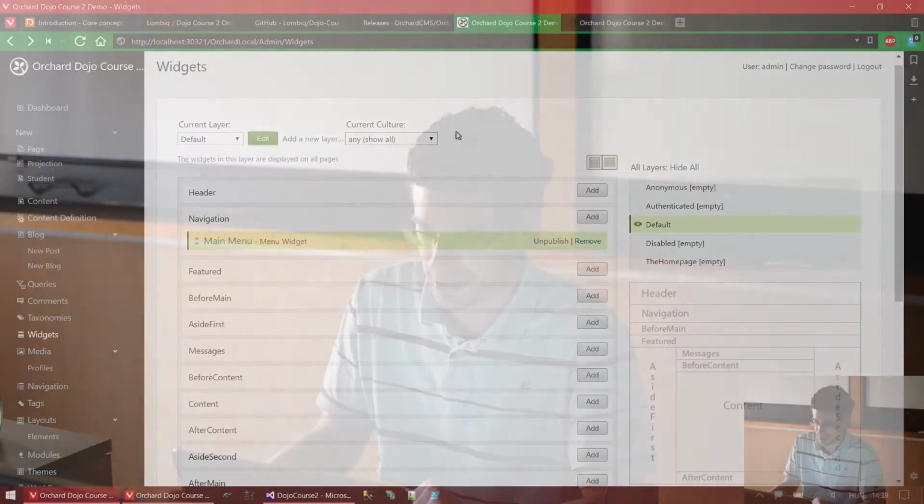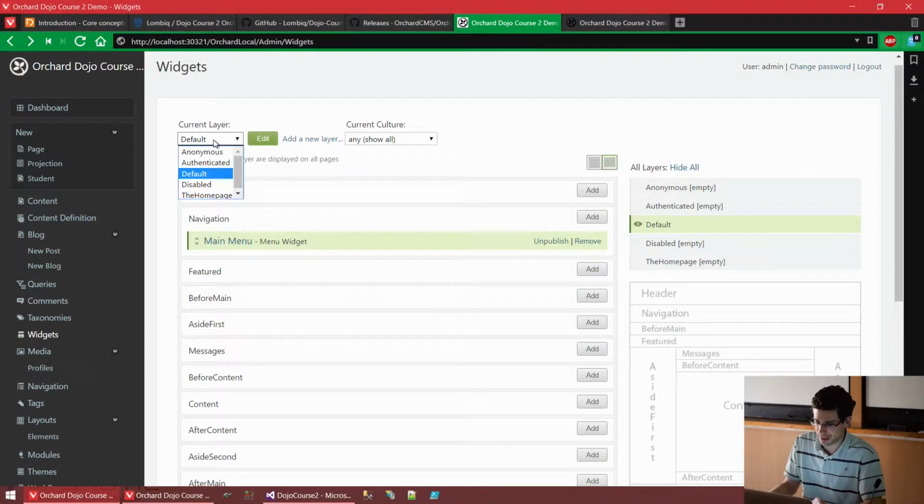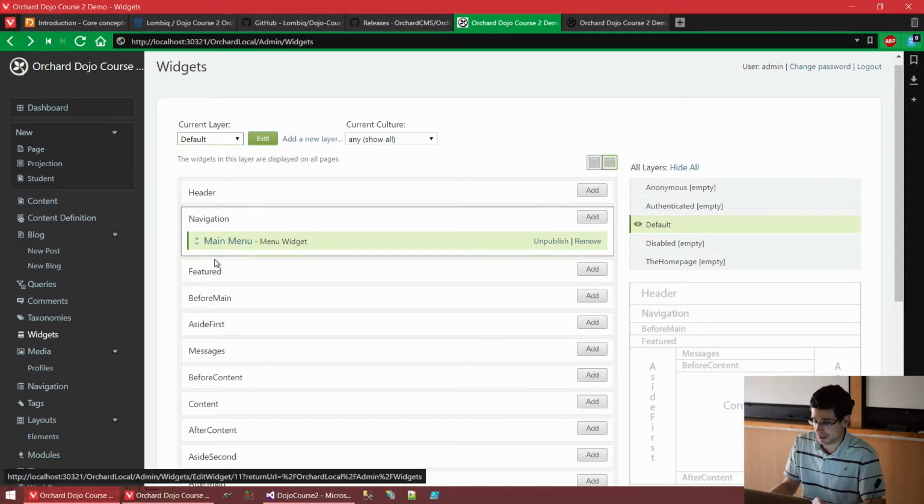Because layers are containers of widgets. You can put a widget into a zone and into a layer. And you can define a rule for a whole layer. So that rule for the whole layer will specify when all of the widgets in that layer are displayed. For example, there's the default layer here, which is apparently selected now as the current layer, and which apparently also has the menu widget on it. We can edit this layer,